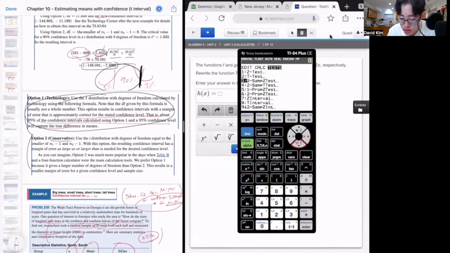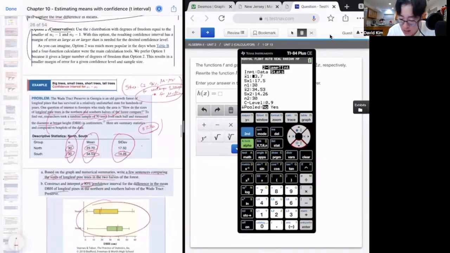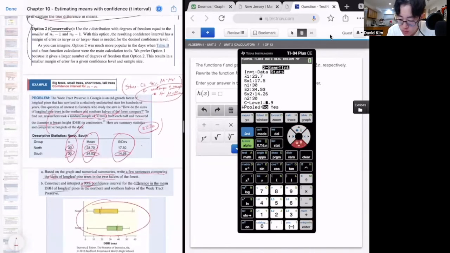All right, so we're going to go to the t-test interval test here. So then we're going to go to 2 sample t-test. All the values, you're just going to copy and paste right along here. For the pooled, tell yes, because for the pooled section,